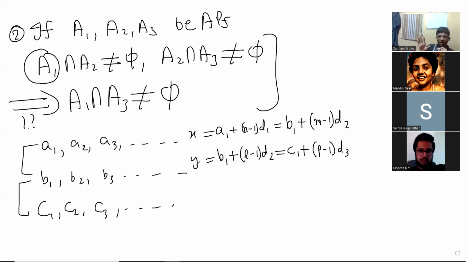Okay, yeah. For instance, if you take two arithmetic progressions that start at different places but have the same common difference, then they will never meet. Right? They will keep having the same difference. Okay. But that's the interesting statement, right? If they have something in common, then they have more things in common. It was easy to prove, but